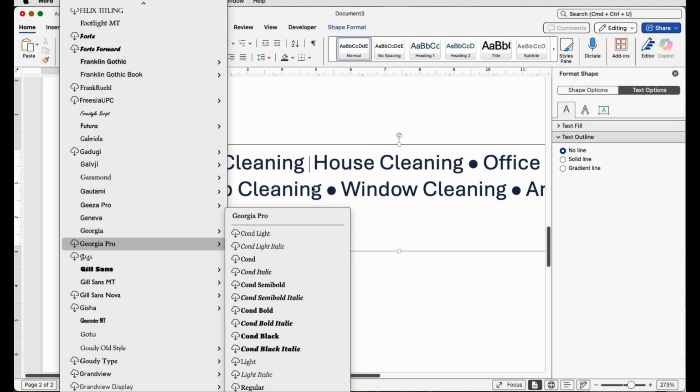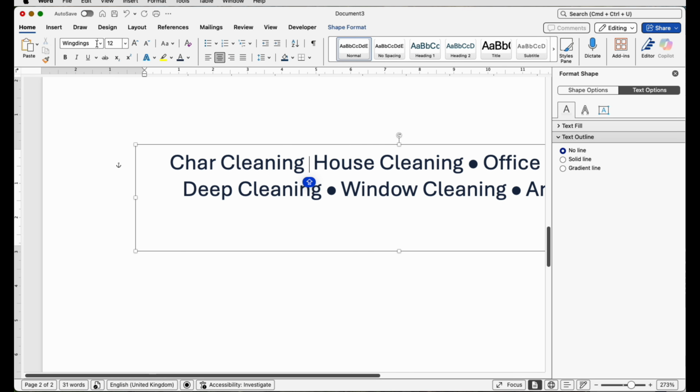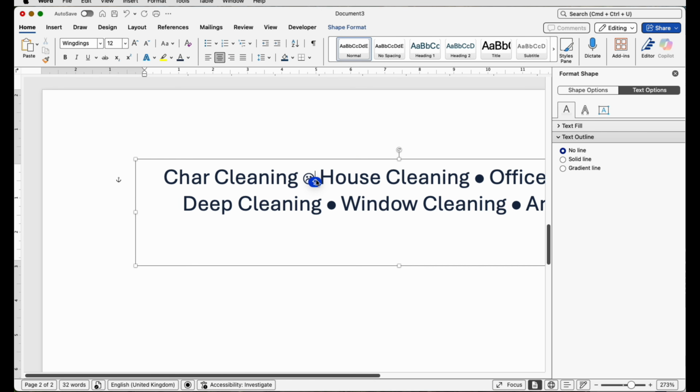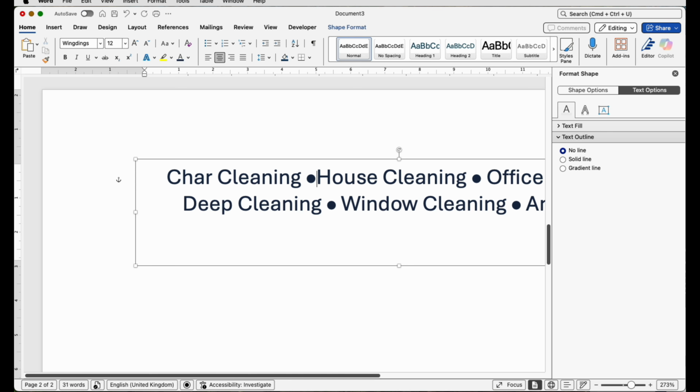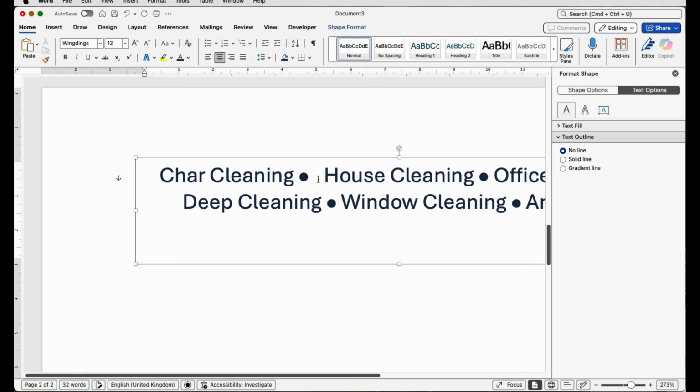I won't do it now because it'll take ages. However, when you click on Wingdings and you press a character on your keyboard, it will come up with little characters. So that was Q. If I go W and I just keep clicking different letters on my keyboard, you can see it comes up with different symbols. So the one for the dot is L. Now you can see that I haven't got quite the one that I wanted, so I'm going to take capitals off because I think capitals and lowercase matter. There you go. So this is a lowercase L, and you can see we need a space between, so that